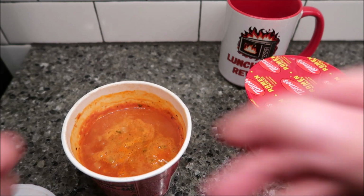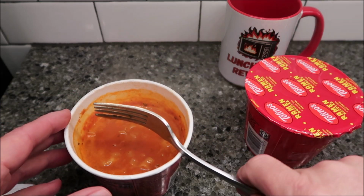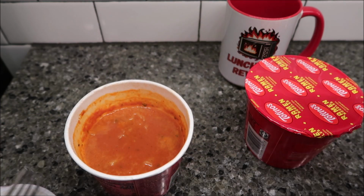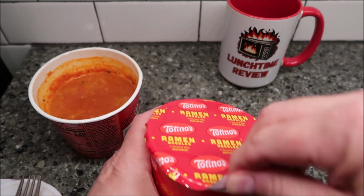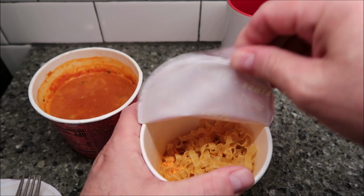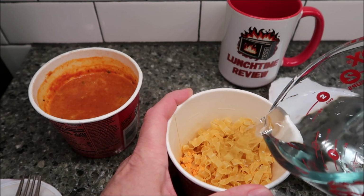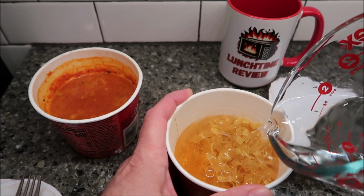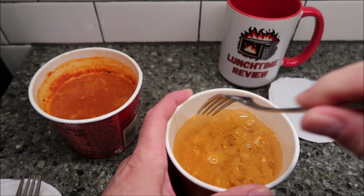Okay, so here's the one. I'm just going to give it a good stir, just like it says. So that is supposed to set for a little while. I'm going to open it. It looks like a tomato soup almost. So I'm going to slide that one out of the way. This is the other one I have not done yet, the buffalo. I'm going to add my water to my fill line. And I will give it a stir, and then I'm going to get it in the microwave for 2.5 minutes